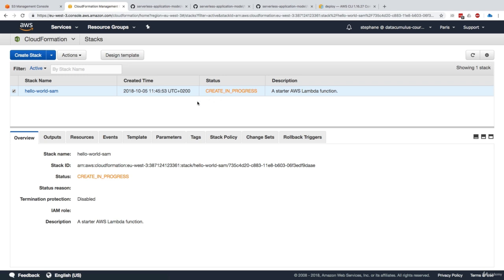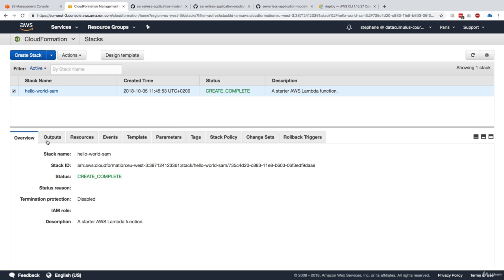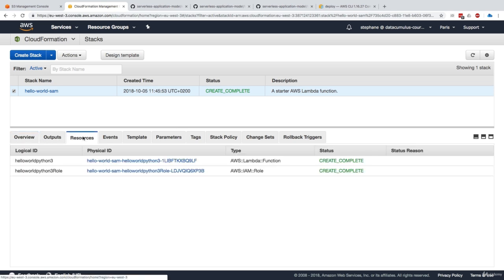And now I just need to wait for the create to happen. So the create has completed, as we can see. And so if we look at the resources that were created, as we can see, my hello world Python Lambda function was created, but also a hello world Python 3 IAM role was created. So we had both a Lambda function and an IAM role that was created for us.